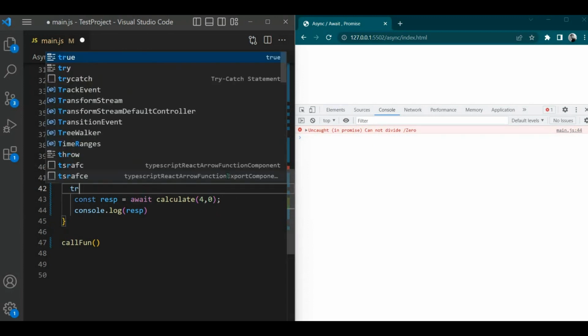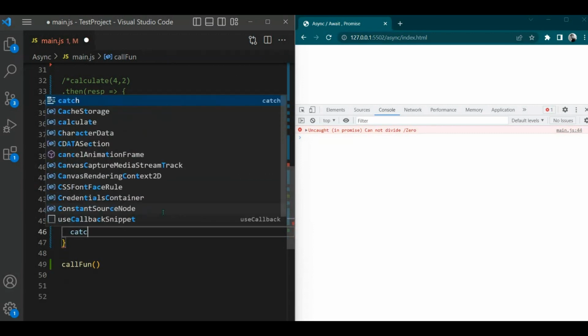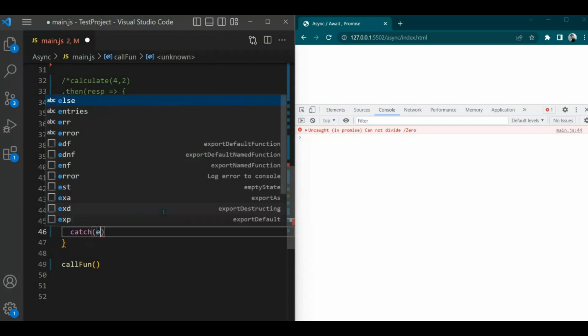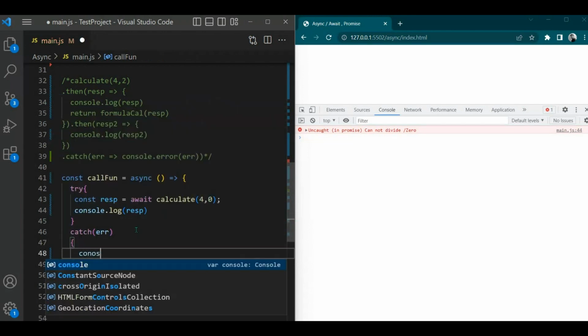How would you handle this? Simple normal try catch block. There's nothing special. You can utilize a try catch block here. Put a catch block, catch function here, err. Then you can easily do a console log